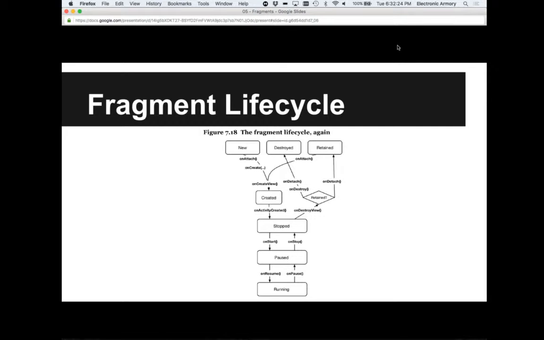logic here that says, are you retained? Meaning, do we have a pointer or do you have a reference to this fragment object? And if no, it goes into the destroyed state. If yes, it actually gets detached and it goes into the retained state so that we can reuse it later. And what this means is, let's say, based on this user interaction below here, my little diagram that I drew